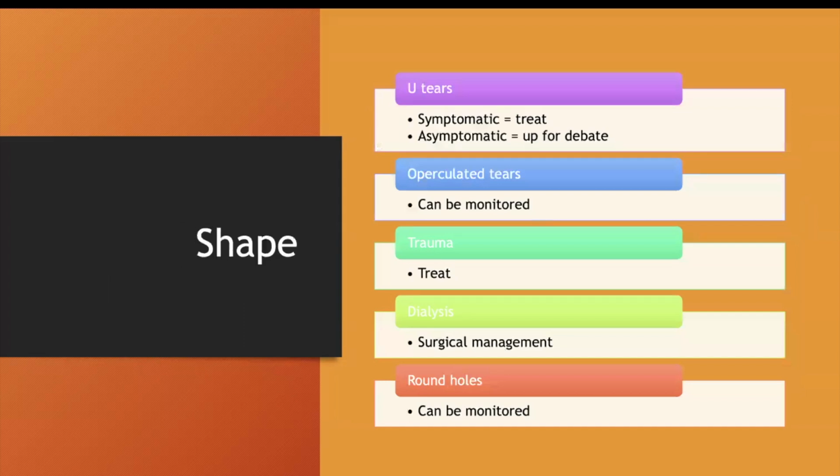When you're looking at the shape of the tear, your U tears are basically the most dangerous. If they're symptomatic, you're definitely going to treat them. If they're asymptomatic, to be honest with you, the majority of the people I've spoken to will still treat asymptomatic U tears. There are some people who would debate that and say that actually they can just be monitored. And there are factors that would make you want to do that. Is it inferior? Is it completely asymptomatic? How long has it been there? It's not caused any problems. You may want to consider reviewing it because the patient doesn't want laser for whatever reason,